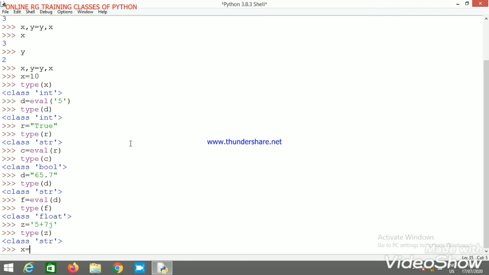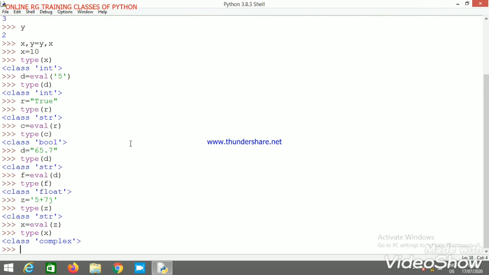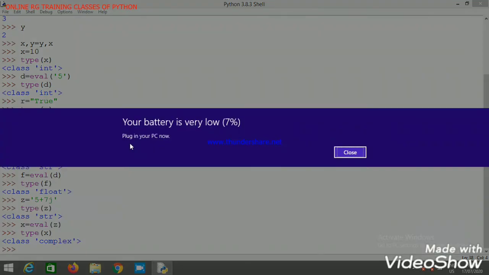If I use x equal to eval z and now check the type of x, you can see the type is complex. So in this way we learn that the eval function is a function which evaluates any Python expression.